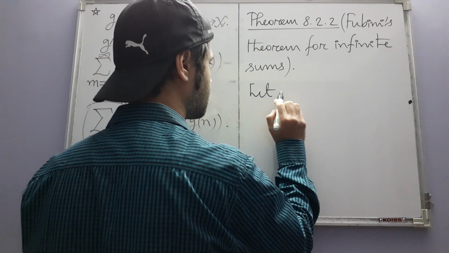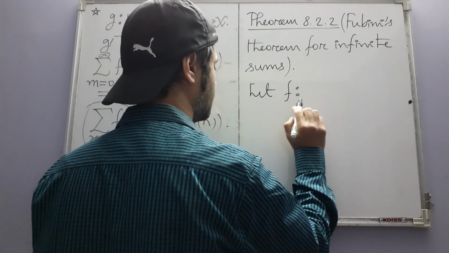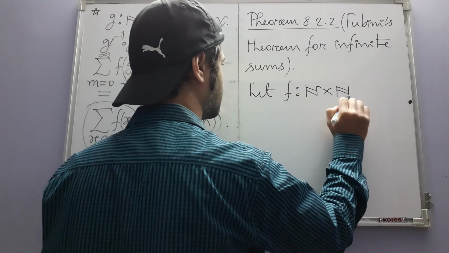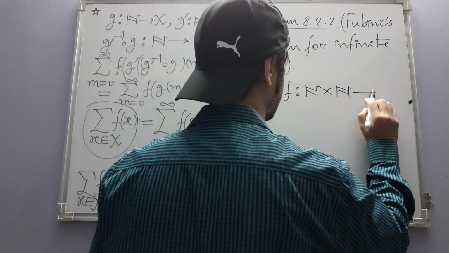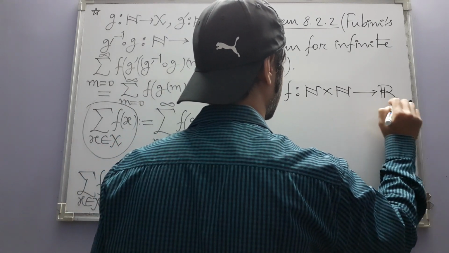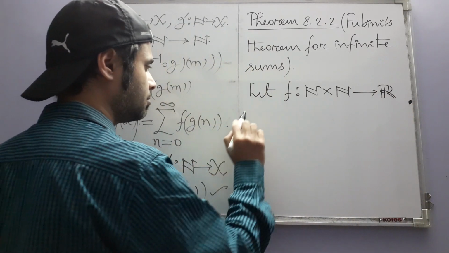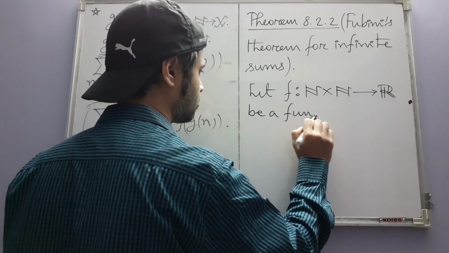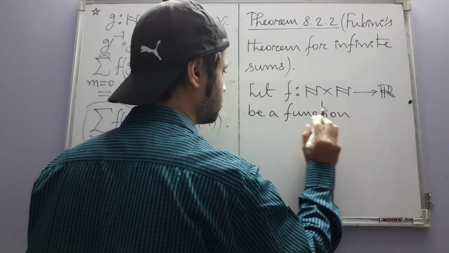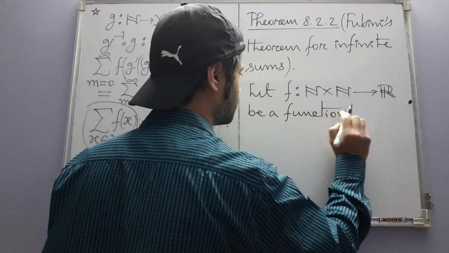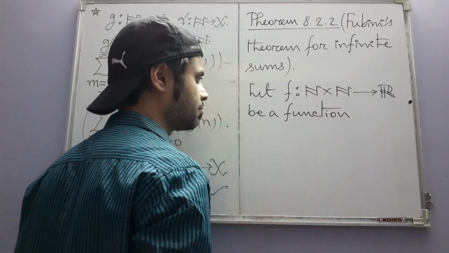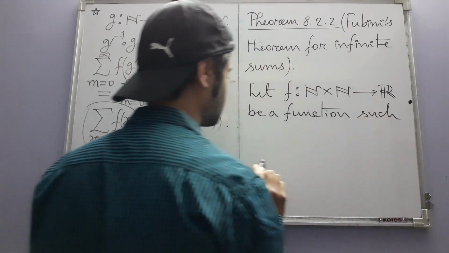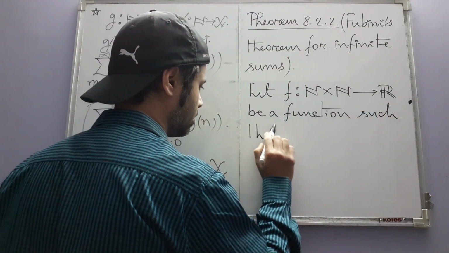Let f from the Cartesian product of two copies of the set of natural numbers into R be a function such that